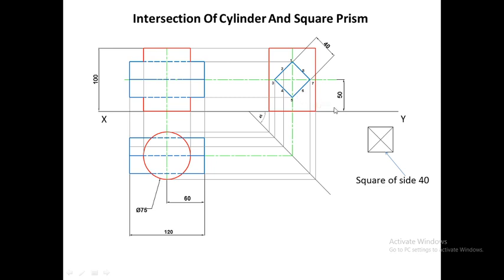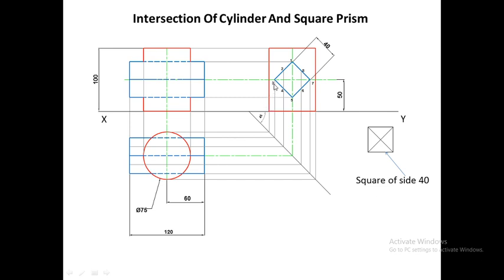Projection means you have to just simply draw vertical light lines passing through these points up to the 45-degree line, and then project these lines in the top view. So next step will be point number 8 and 6. So we have drawn a vertical line from 8 to 6 and then projected it in the top view, and the last point will be point number 7, that is also projected in the top view. After projecting these points in the top view, now we will mark the points of intersection in the top view.